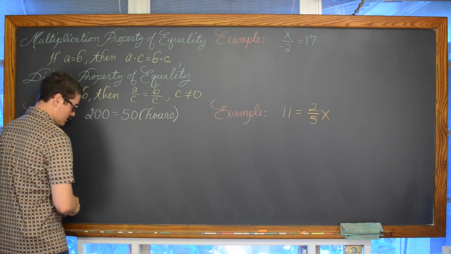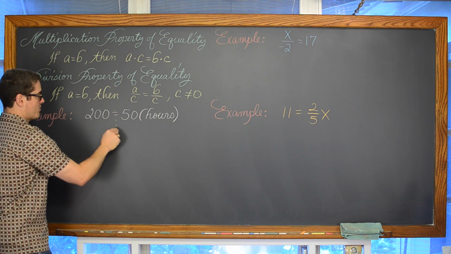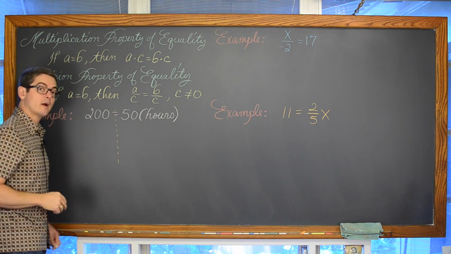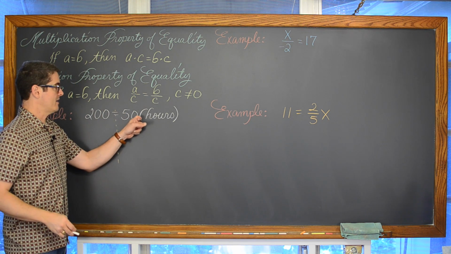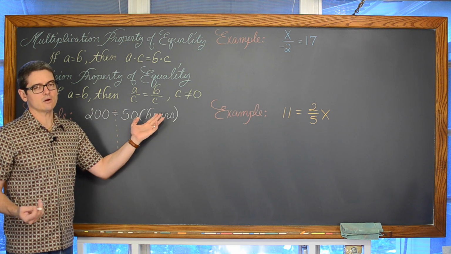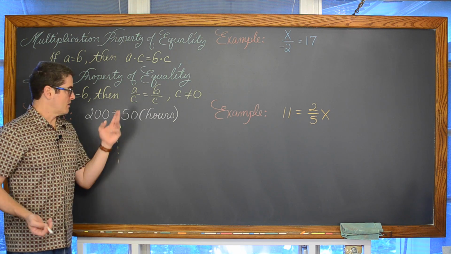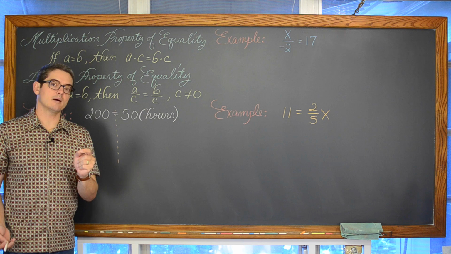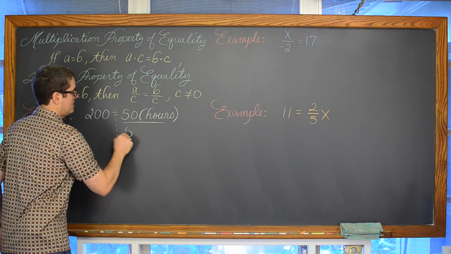But again, we have this equal sign separating the left side of the equation from the right. The variable is on the right-hand side of the equation this time. And with that variable of hours, we have a multiplication of 50. Whenever a coefficient and a variable are touching, that means that they're connected by the math operation of multiplication. And so the inverse math operation of multiplication is division.